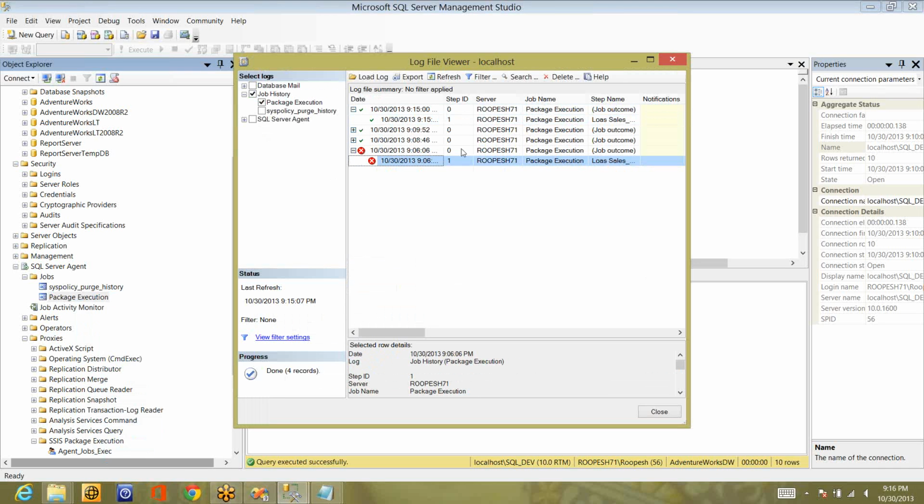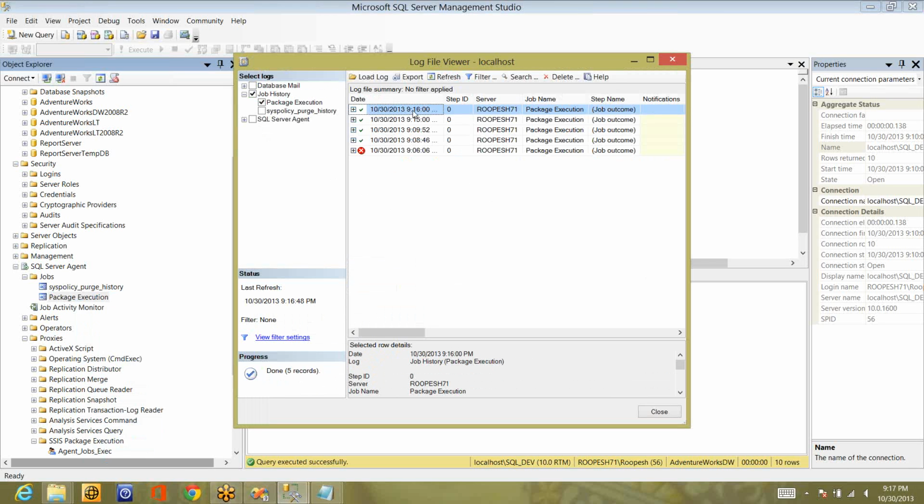Now it's 9:16. Let me refresh it and see whether it executed at 9:16 or not. You can see it executed at 9:16. If I forget to stop this, it will continue to execute throughout its life. There is no end time set, right? So it will be executing every 1 minute. If I deleted the table or the database, then it will start showing an error: the database is not available, whatever you have